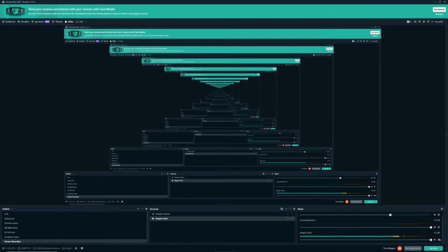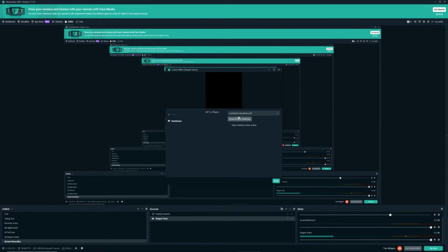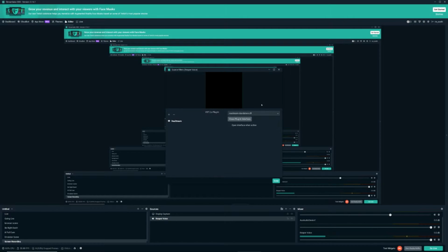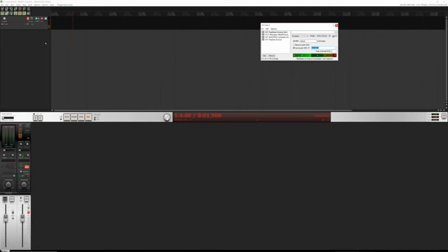Yours won't have audio coming through, but basically what we're going to do is go to filters, add a filter, type VST 2.x plugin, and call it something like ReaStream or whatever. Once you've done that, it should open up a window like this. Then you're going to go receive audio MIDI, and at the moment it shouldn't have anything coming through. To fix that, what you need to do